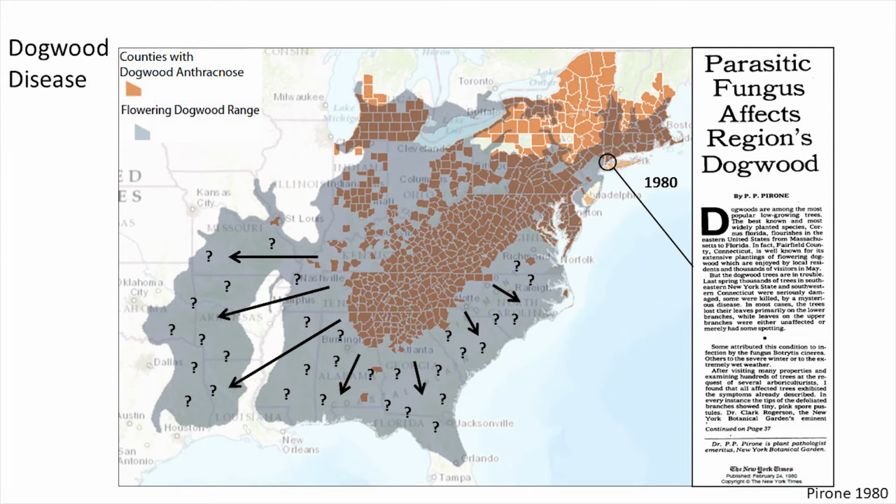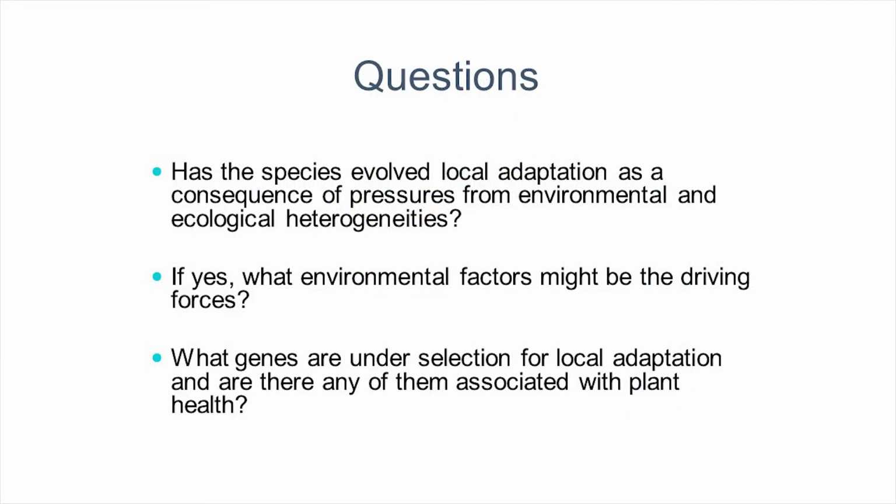Fortunately, the pace of progress for this disease has been much slower. So real question is, what is holding back the disease? Is it just environment, or are there actually specific genes in populations in the Southwest, or even those that are persisting in the mountains, to say that, well, maybe this tree is living because it has some actual inherent resistance to anthracnose disease?